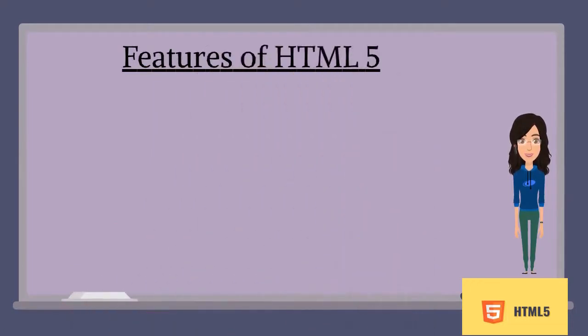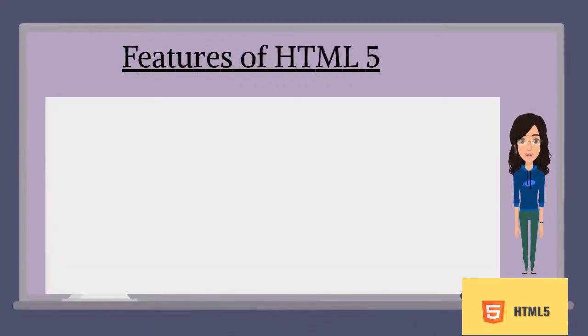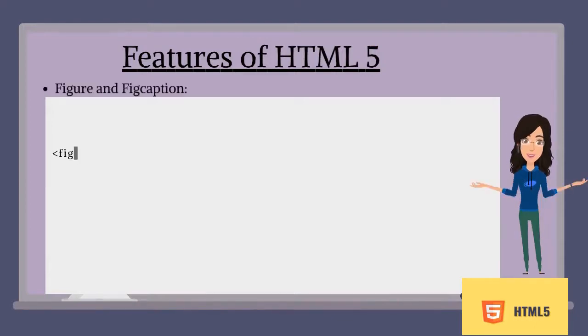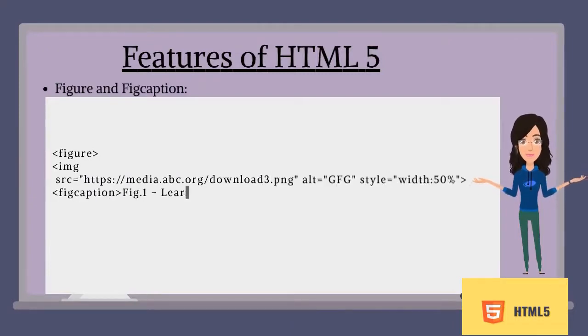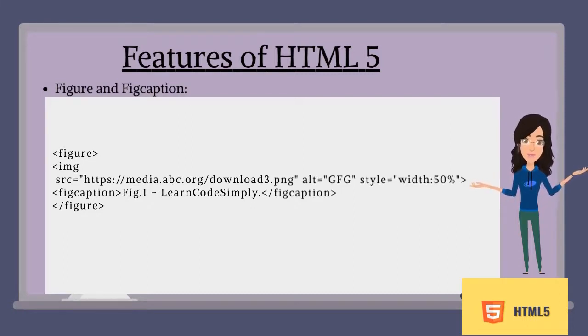After seeing the header and footer, the other feature is figure and figcaption. HTML5 allows the figure tag to add self-contained content like an illustration, diagram, photo, or code listing in a document. It is related to the main flow, but it can be used in any position of a document, and if removed, it should not affect the flow of the document. As you can see, there is an example.